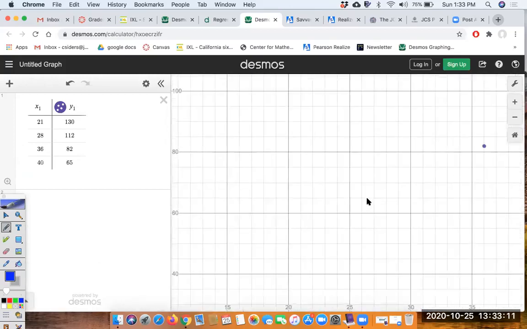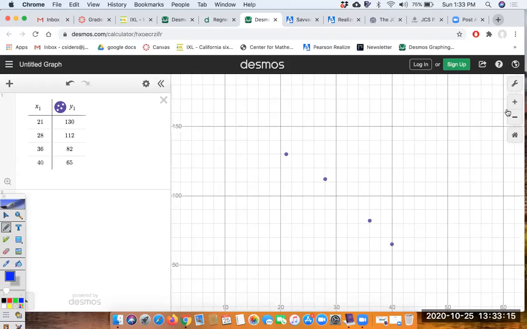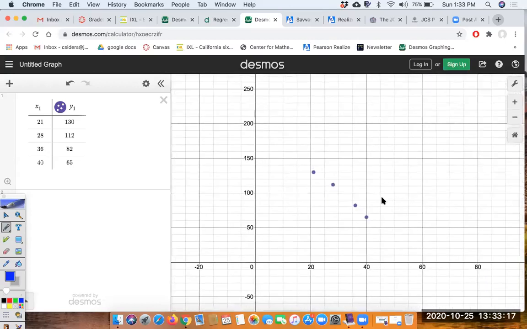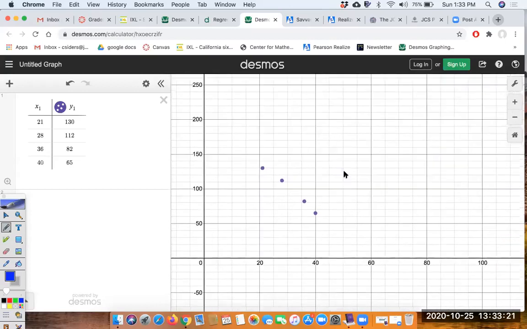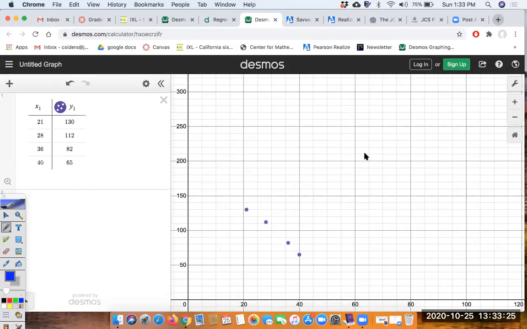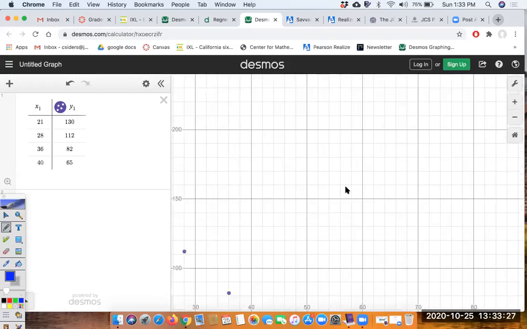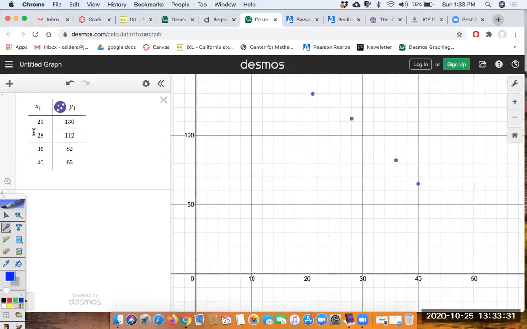And there it is, my negative correlation. Zoom out a little bit. So those are those 4 points that you plotted, and that's kind of the picture you had, right? You can make it bigger. I wanted you to see how you enter those points in a table. Go back to our